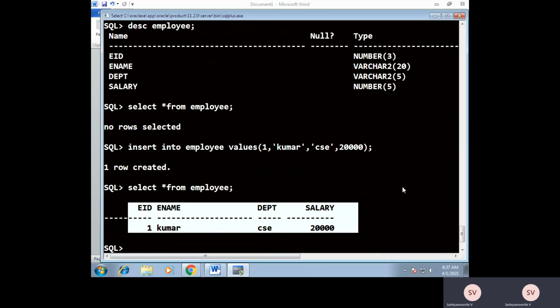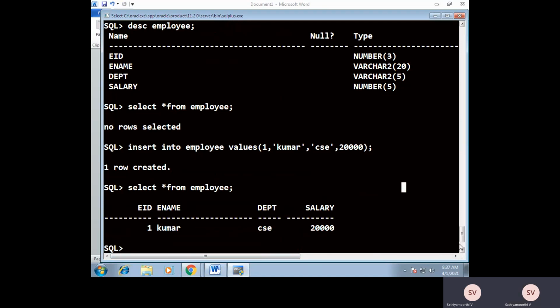So next we will see the next method of insertion, which is partial. Insert into employee. So I'm inserting values only for employee ID, comma, employee name, comma, department. Values. Out of 4 attributes, I'm inserting values for only 3 attributes.